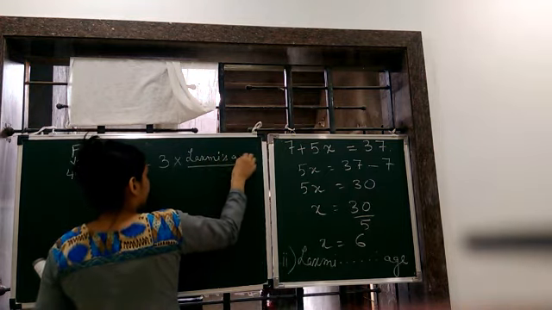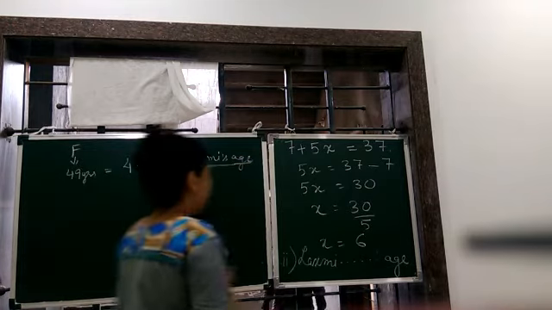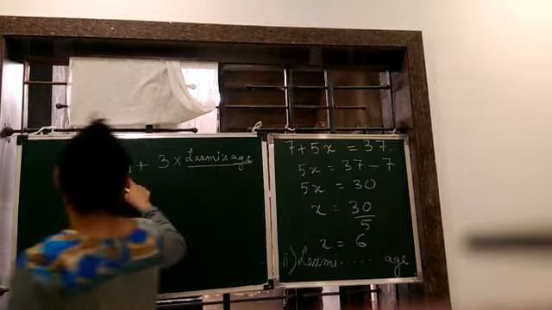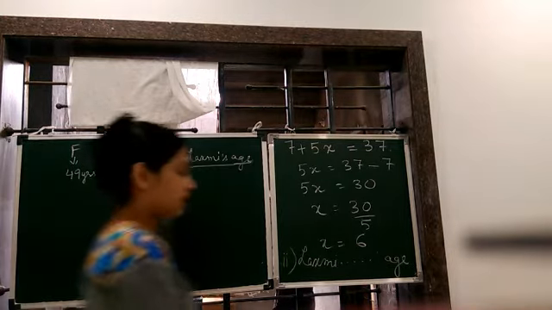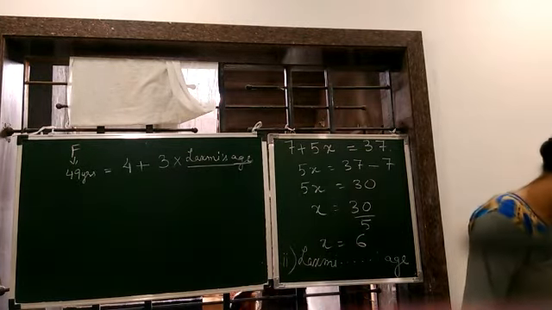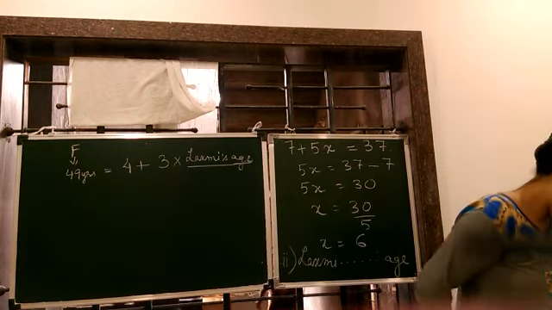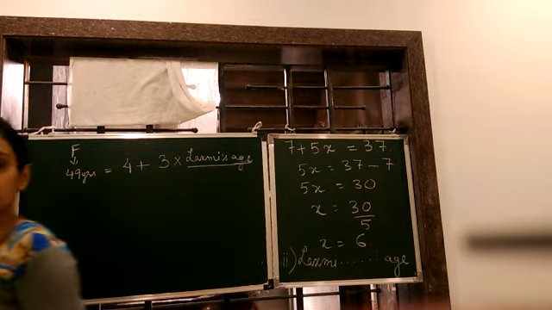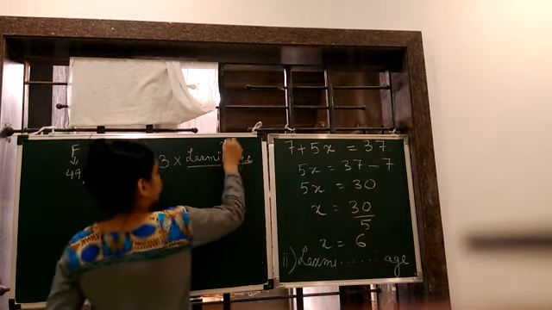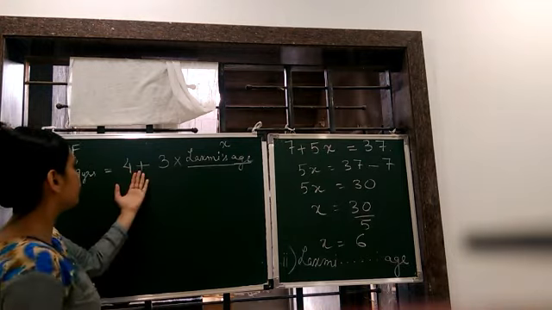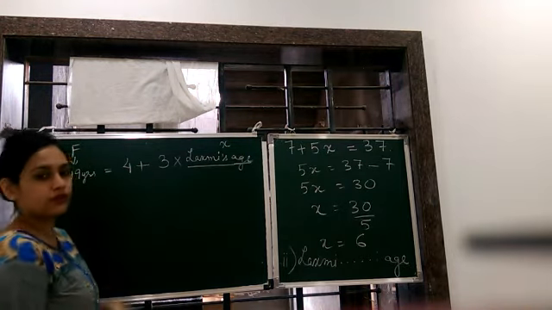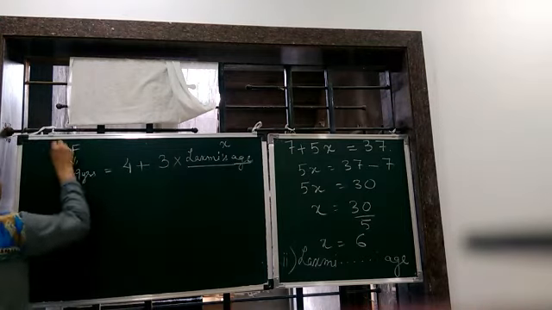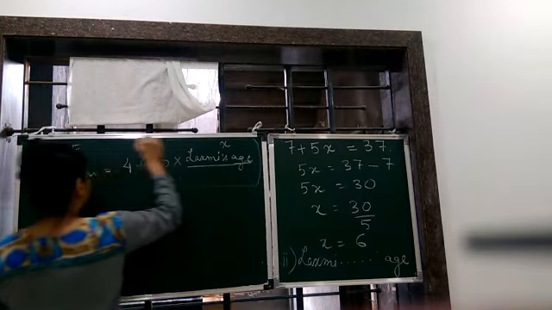Lakshmi's age. Okay, it means if you multiply 3 to Lakshmi's age and add 4, you will get whose age? Lakshmi's father's age, that is 49. What is Lakshmi's age? So we have to find Lakshmi's age. So what will we write? Let Lakshmi's age be x, and then we get the equation 4 plus 3x is equal to 49. Or you can write 3x plus 4 is equal to 49. Okay, so this is the explanation of the question.